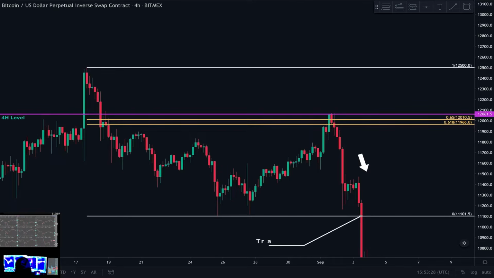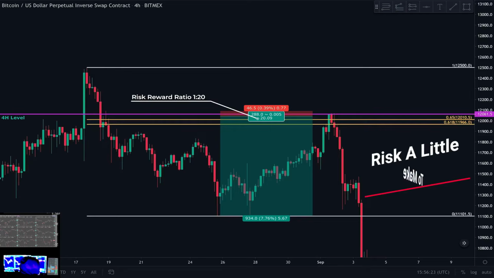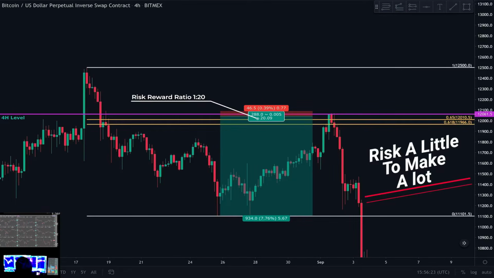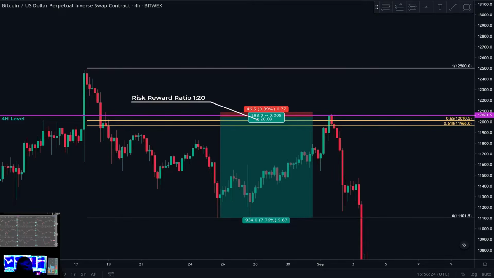We close at the support. The 0 point of the Fibonacci is the support here, and that's where we close. Risk to reward, simple math, textbook. 1 to make 20, guys. $100 you risk, you walk away with $2,000. From where I learned how to trade, this is what you call asymmetric risk. And what's asymmetric risk? It's what we want to see: small losses, massive wins.